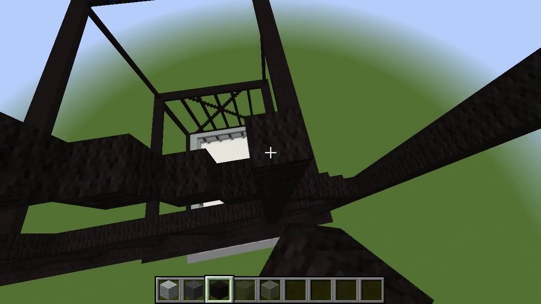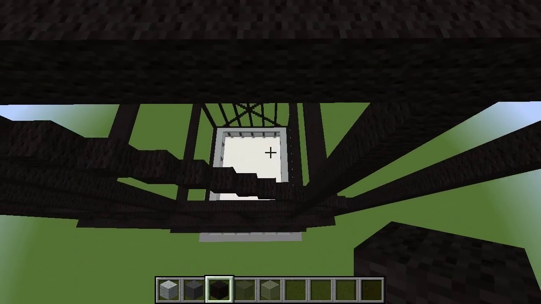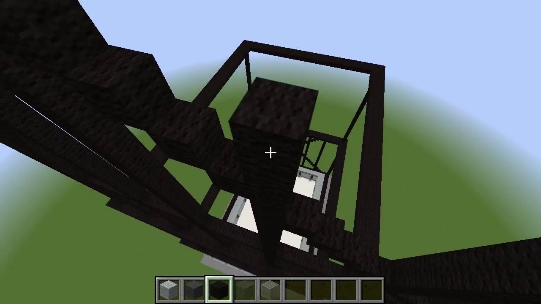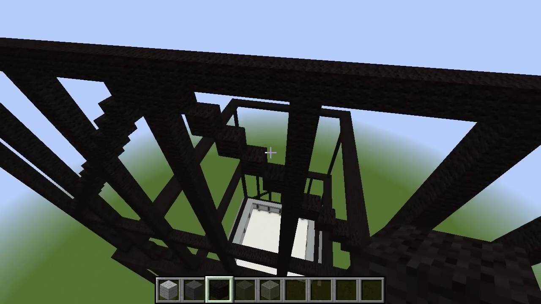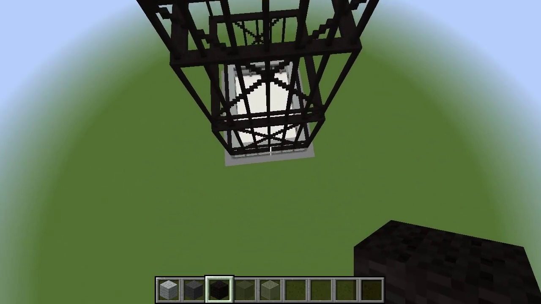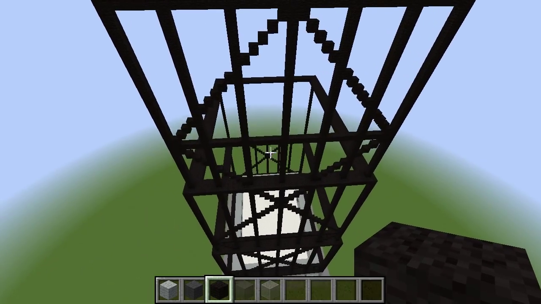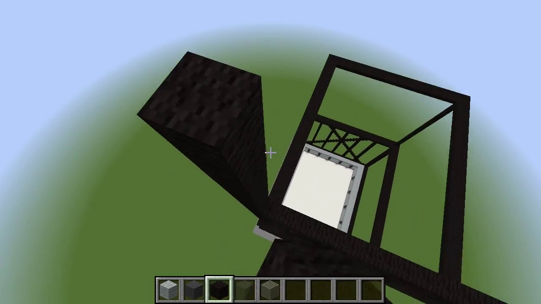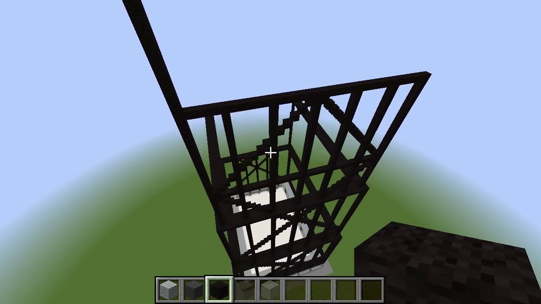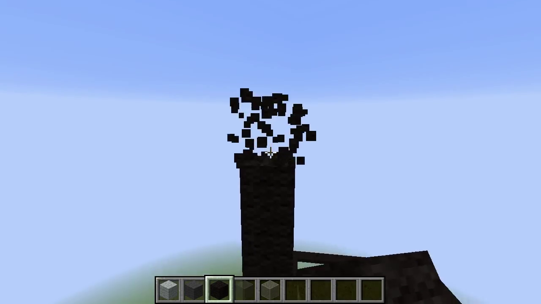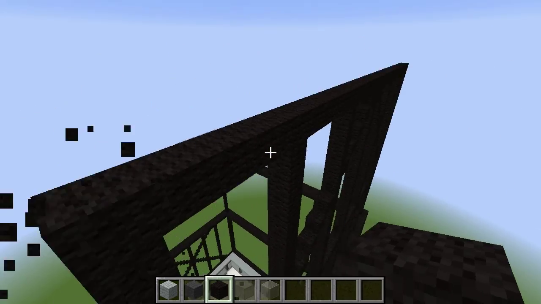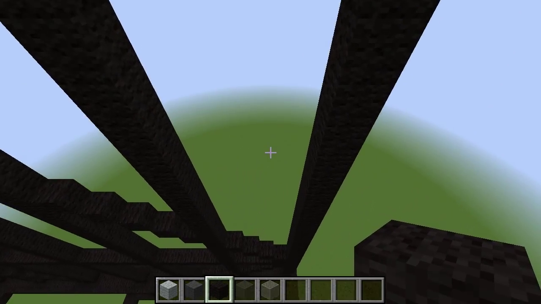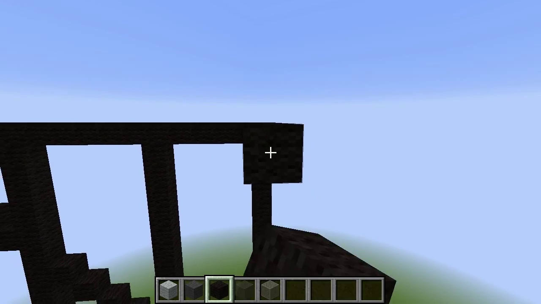I'm going to catch up with these pillars here. Extend these up. Okay, there you go. So that's 1, 2. We have 2.5 X's so far. So this is pretty much the pattern. Oh, whoops. We're going to go in from there, aren't we? My bad. Okay, so this is pretty much the pattern that you're going to follow in this tutorial. This isn't exactly how I came up with this, but